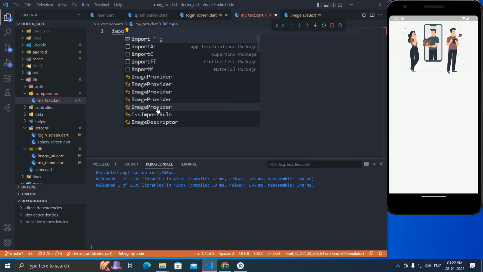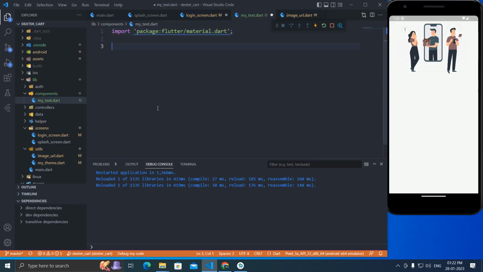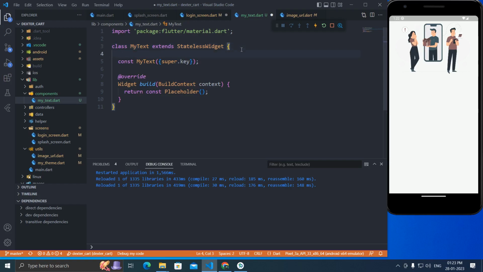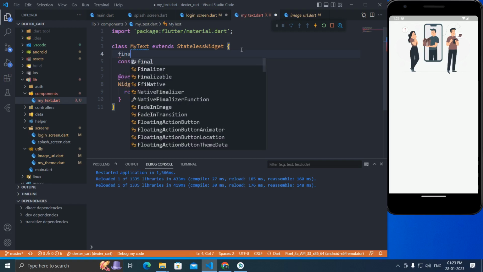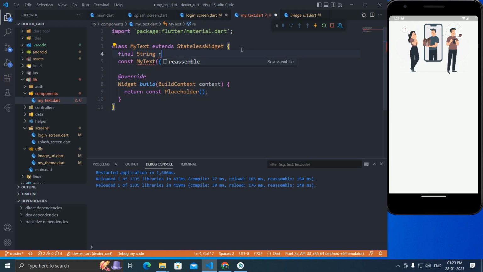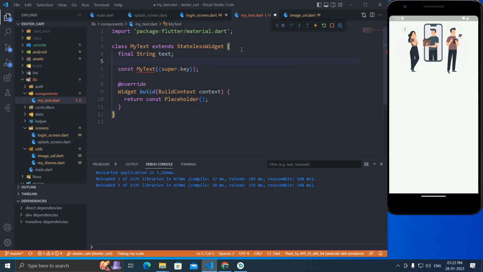Let's import material and say stateless widget, MyText. Okay, you can name any class. The text is already defined, so I will be using MyText. It will take a final String text. It will be required, and final TextStyle